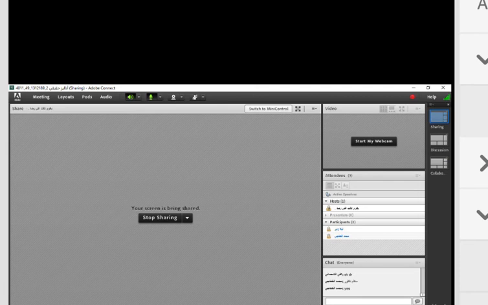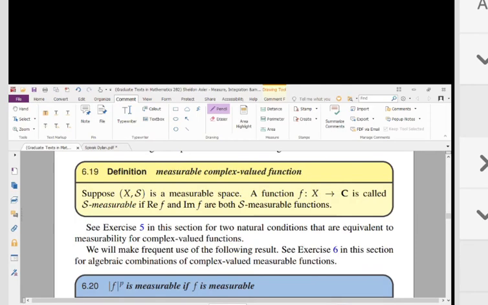In the previous sessions we considered function f from X to R, real numbers, but this function has values in complex numbers. f is from X to C. This function is called S-measurable if Re f and Im f are both S-measurable functions. Please note that Re f and Im f are functions from X to R. Okay,